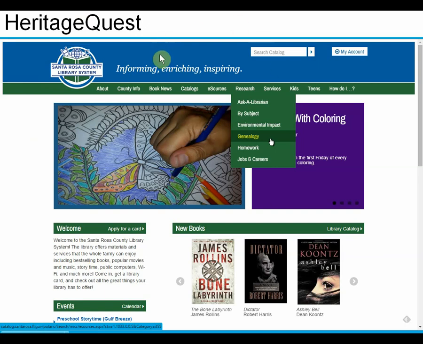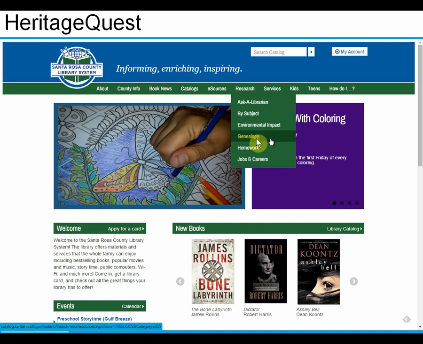So make sure you get a library card because you'll need to enter your library card number. And then log into your county library webpage, look for something like a research tab and a link